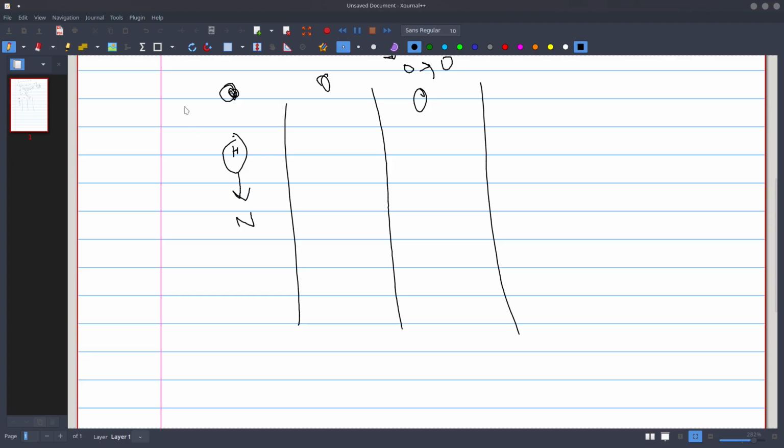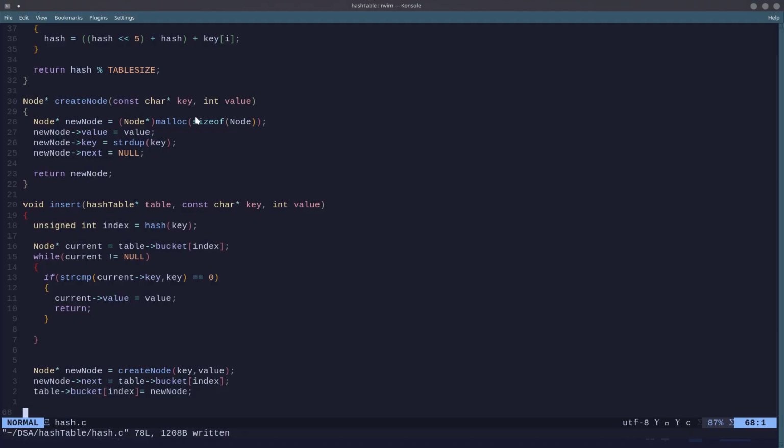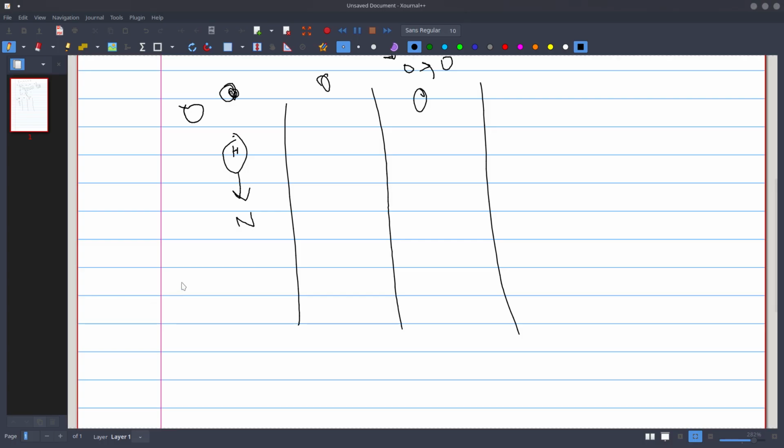And so what we're going to do is bring the new node in. We're going to create the new node. The first thing that the function is going to check for is a duplicate. It's going to go through the entire linked list and check for a duplicate. If it does find a duplicate, it'll update the value and break out of the function. However, if it doesn't find a duplicate, what we want to do is point